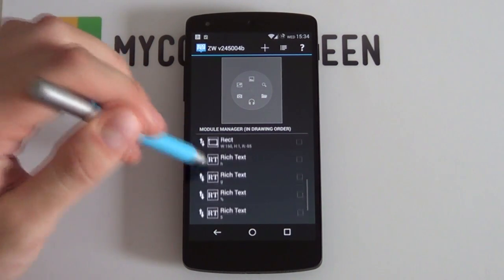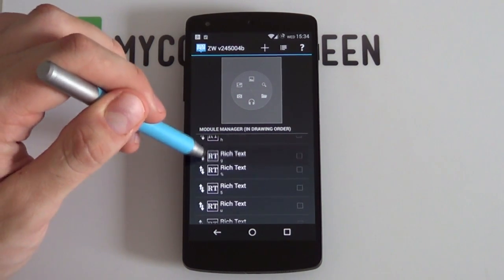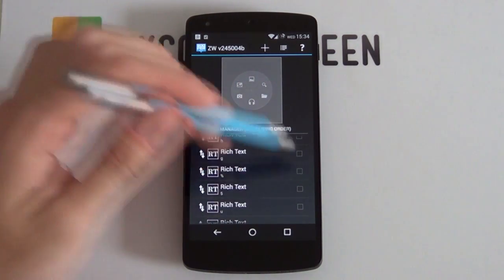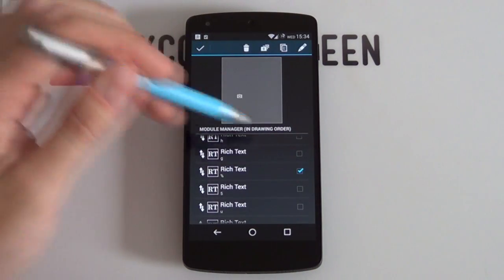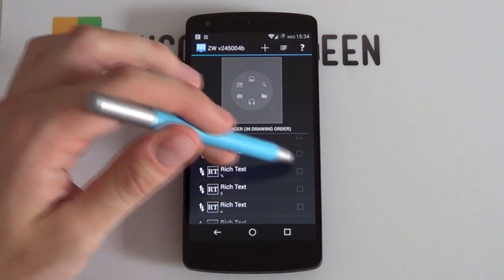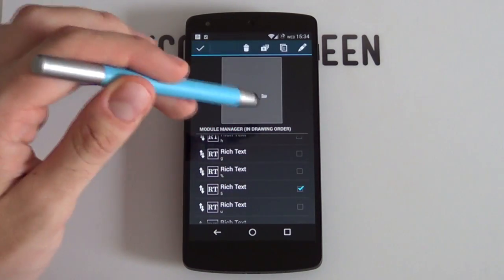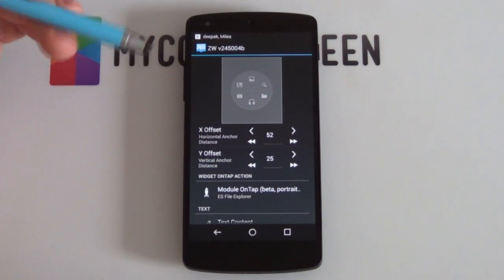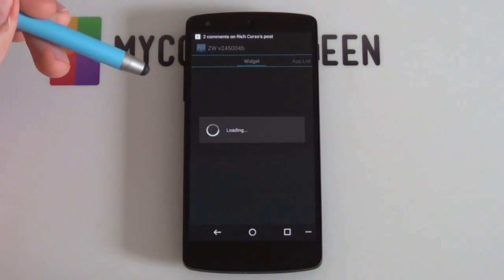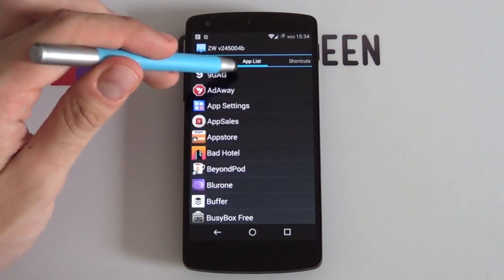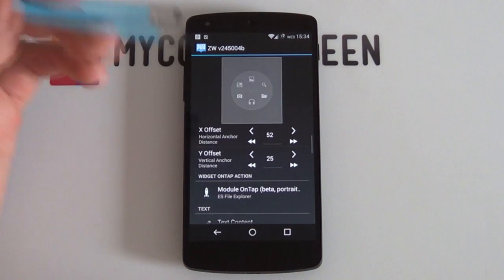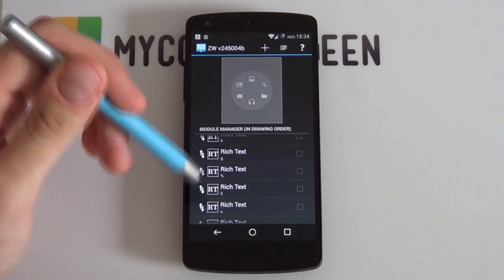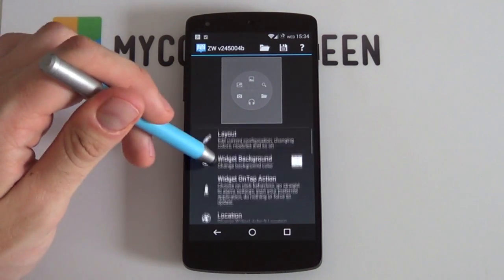If you scroll a bit down in the layout, you can see all of these funny little, it looks like basically letters, and that's what they are. But what they actually are is these little images right here. So it is a bit confusing, but for example, if I wanted to change there, I can change the folder, so it's going to open up, say, my ES File Explorer. Well, it's already been set to there. So if I select my widget on tab action and then scroll to my app list, I can then choose whatever app. Say if you don't want to use ES File Explorer, you can choose whatever else that you would want. So all you have to do is configure each one of those to your liking,